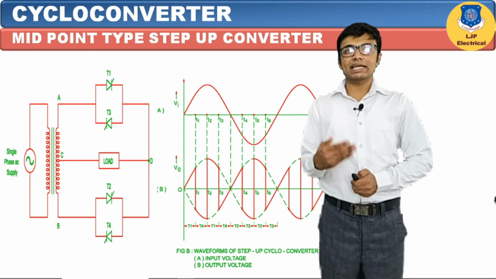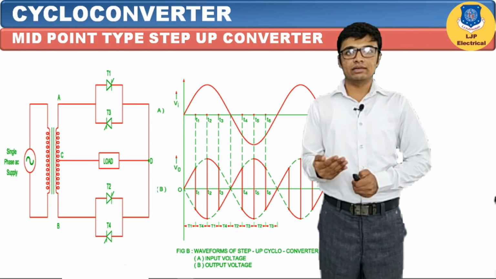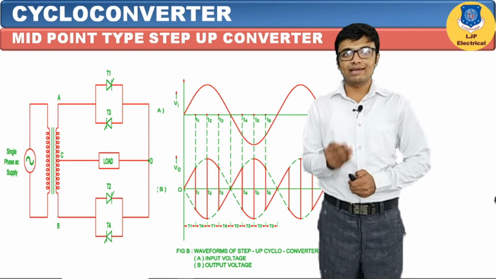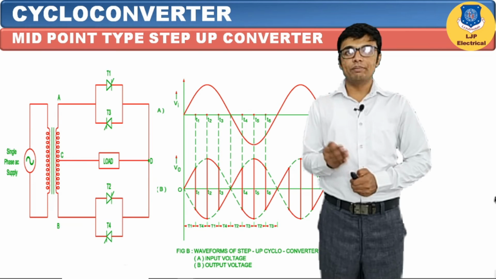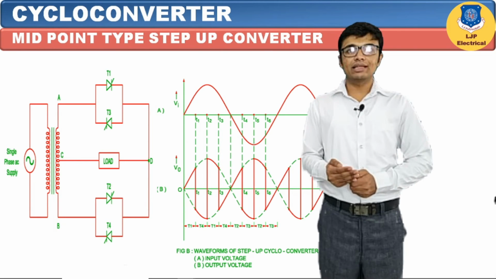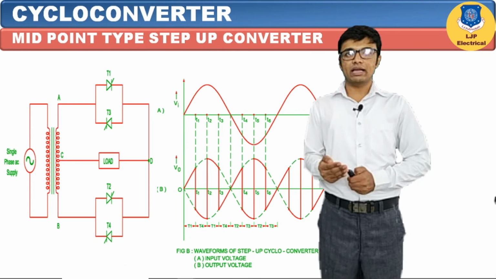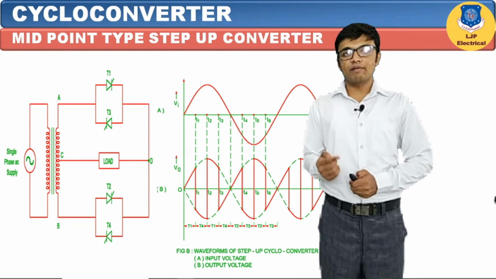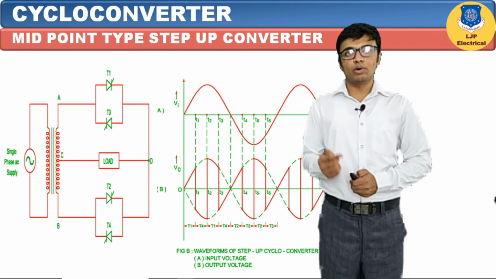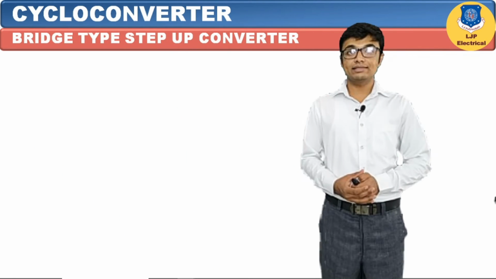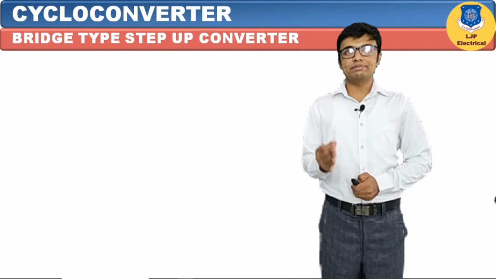Now again negative half cycle will come, and to generate positive half cycle from the negative half cycle we have to trigger thyristor T2, so that current will flow from the bottom terminal B to the thyristor T2 to the load and to the midpoint. Thus we will get positive half cycle from the negative half cycle. And the last, again to generate negative half cycle from the negative, same time we have to trigger thyristor T3 such that current will flow from C to the load to the thyristor T3 and come back to the point A.